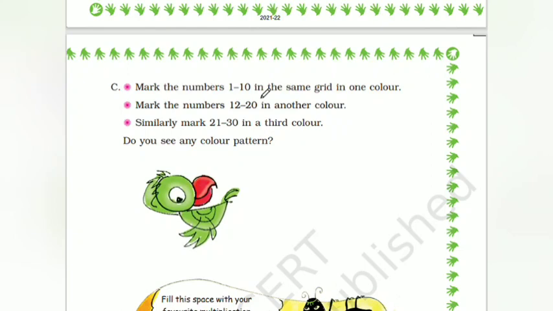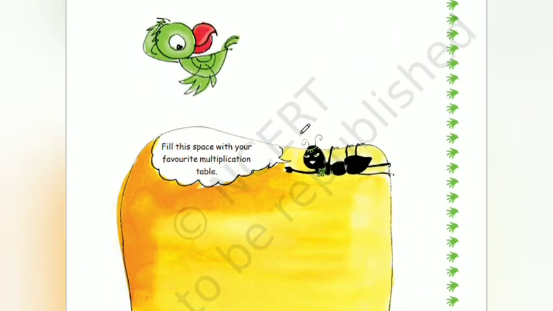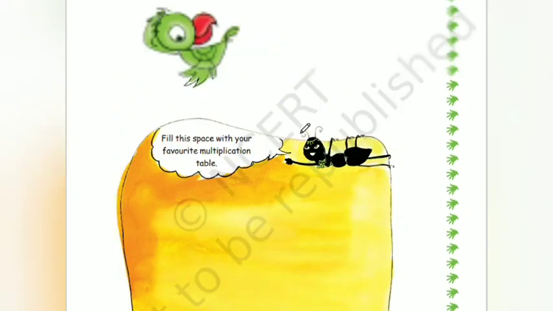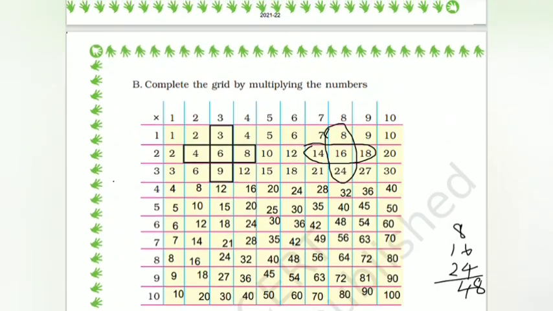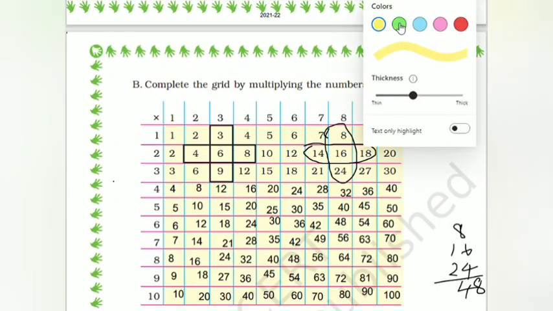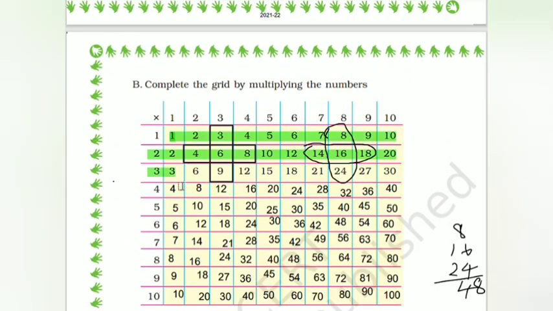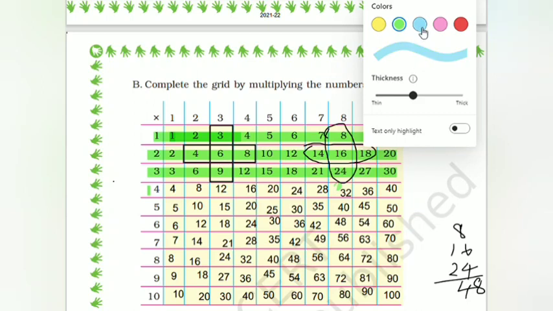Mark the numbers 1 to 10 in the same grid in one color, 12 to 20 in another, 21 to 30 in a different color. Do you see any color pattern? Color pattern means what we have to do is fill the colors in one pattern. That is, if you are coloring this number in one pattern, then the corresponding